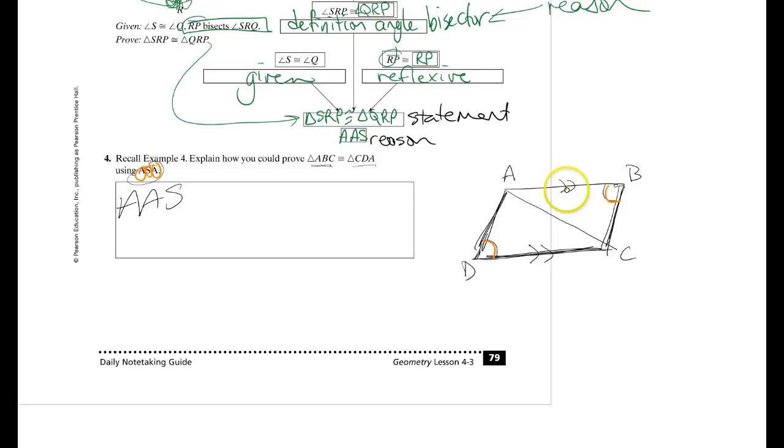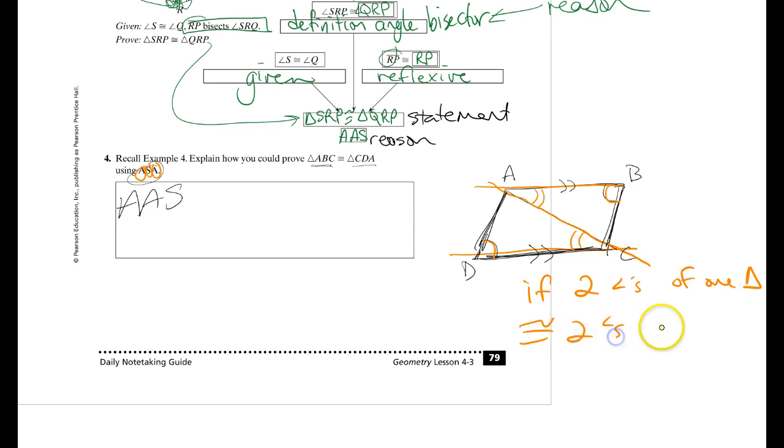Here's the key. We knew that with this transversal cutting through the 2 parallel lines, I've got a congruent angle here and a congruent angle here. You know what? Let me make those 2 arc marks. Hey, guess what? One of the very first theorems you have a note card for in this chapter says that if 2 angles of one triangle are congruent to 2 angles of the other triangle, then the third angles